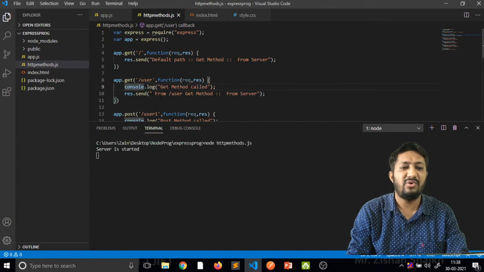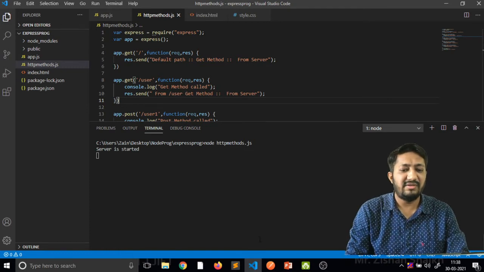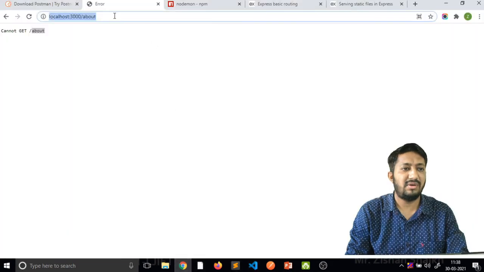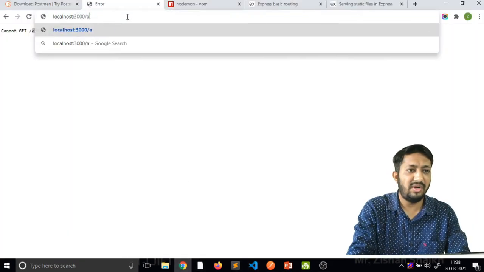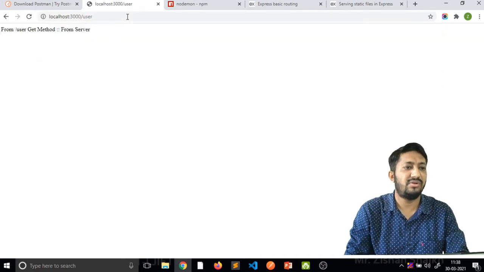And at the end response.send, so from this path user we are getting the data from the server. Here we want to update something. You can see the output: instead of about, which I already wrote, now I am writing slash user. You can see from slash user get method from server.